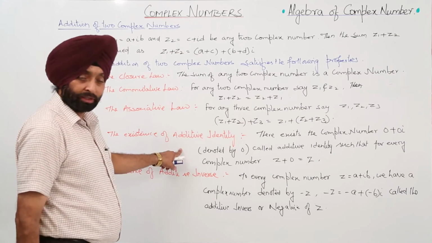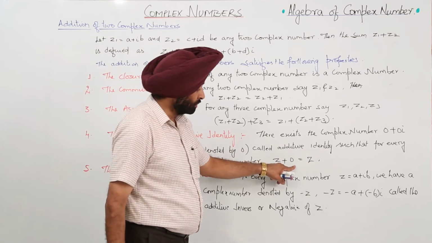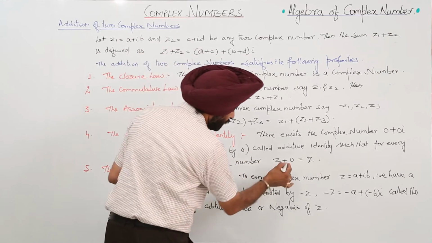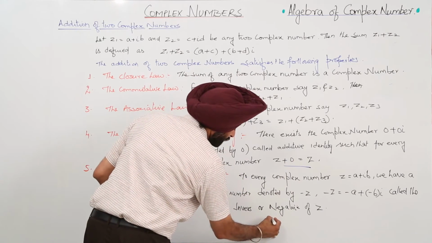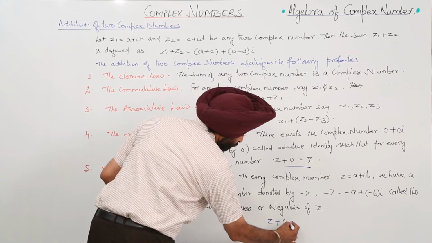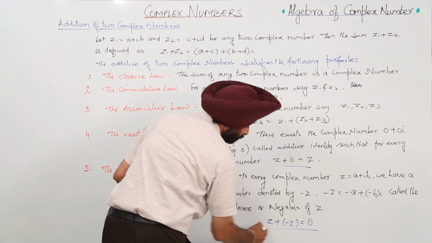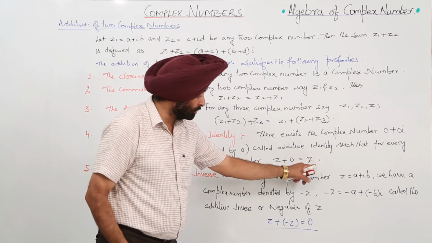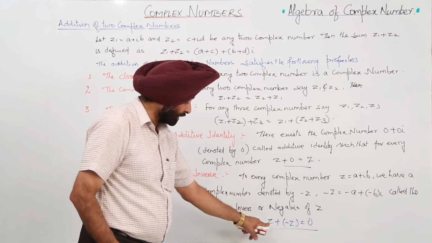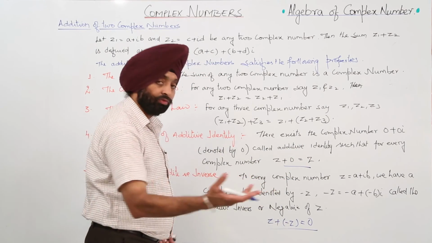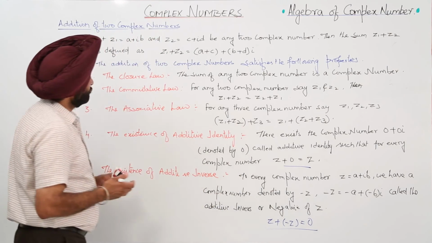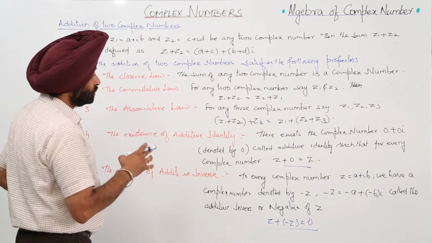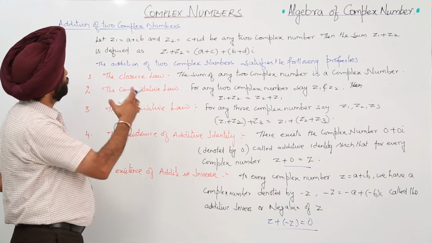Now from this very last part, what can we get? We can get the additive identity also. Here we have written z is equal to 0 plus z. Can I write it like this? z plus negative of z is equal to 0. One and the same thing. z plus 0 is equal to z, so when this z is transferred to this side, we get z plus negative of z, and naturally it will be 0. So these are the 5 properties which are satisfied by the addition of two complex